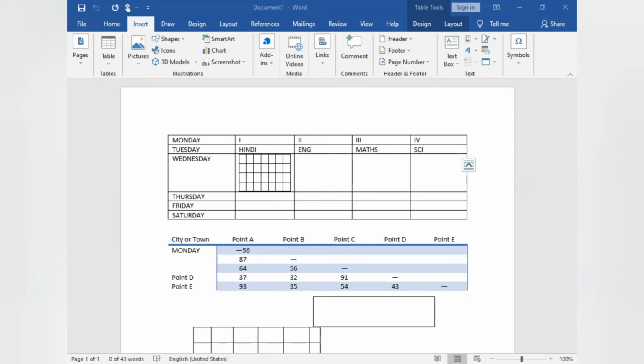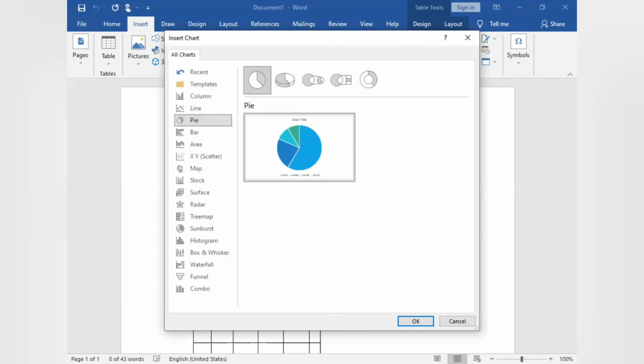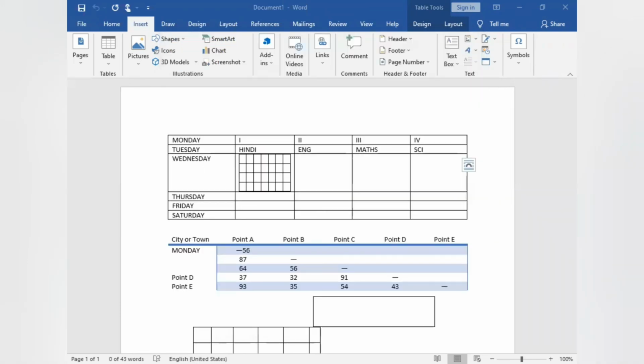Charts also you can use in your table. Different types of charts you have seen in a cricket match. Mostly the pie chart is used. See this. You can also insert SmartArt.